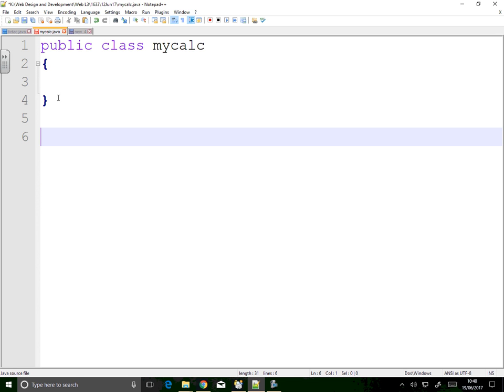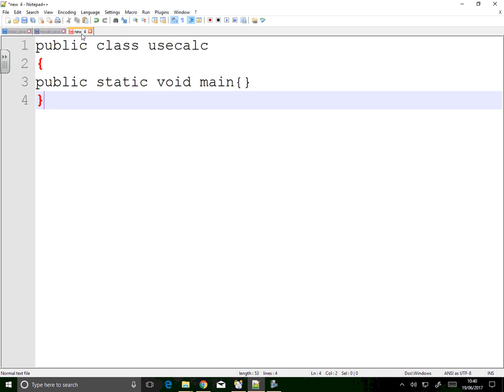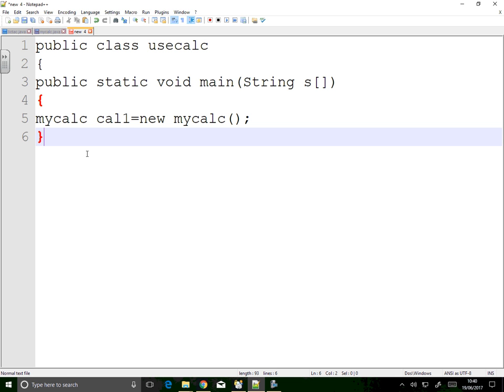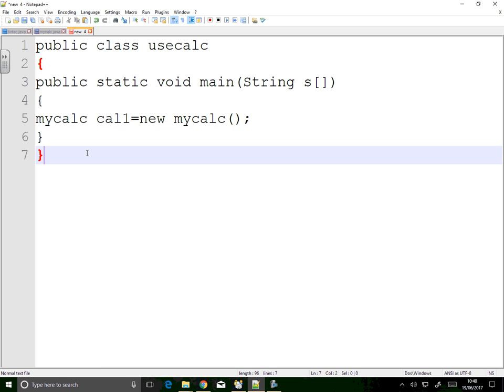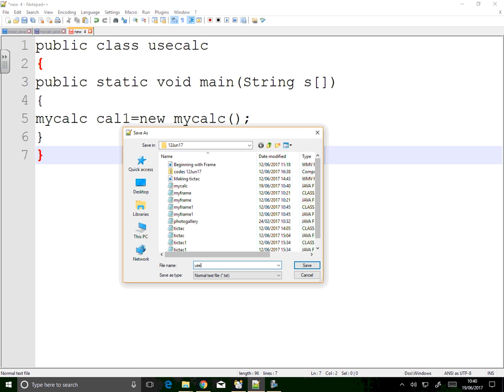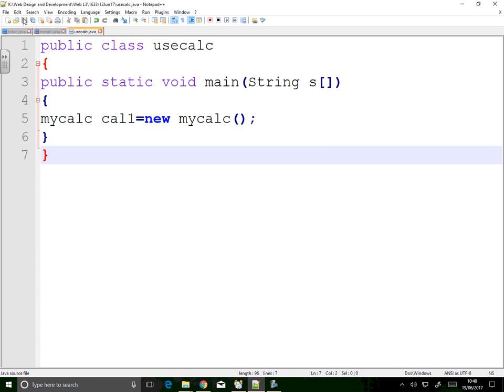In my calc file, this is what I'm going to have. In use calc file, this is what I'm going to have. Is that okay? So this file stays as useCalc. Is that okay? I've separated the files now. Do you understand? I've separated the two files. So if you were writing down,